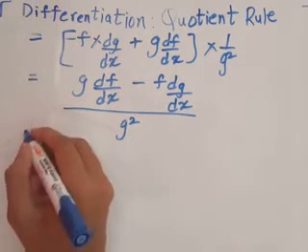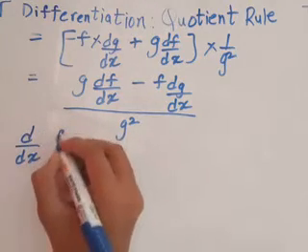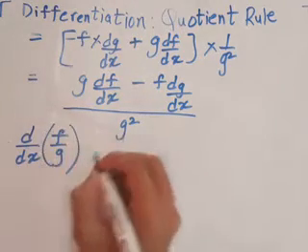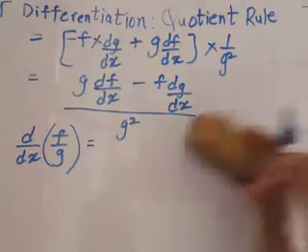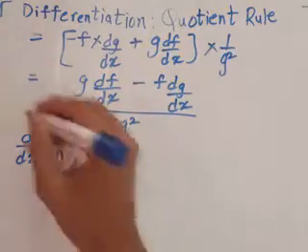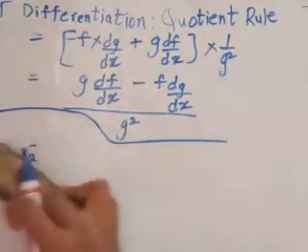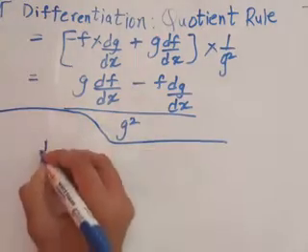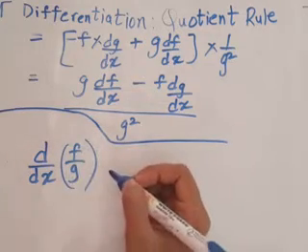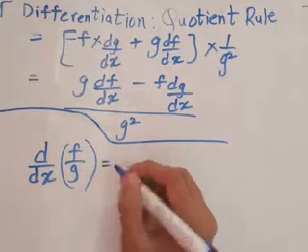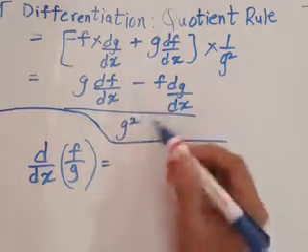So the way you should remember this is as follows. If you want to take the derivative of the quotient of two functions, the easy way to remember this, let me just rewrite this. If you want to take the derivative of the quotient of two functions, you can remember this formula quite easily without having to memorize where's the minus, where's the plus, which derivative,